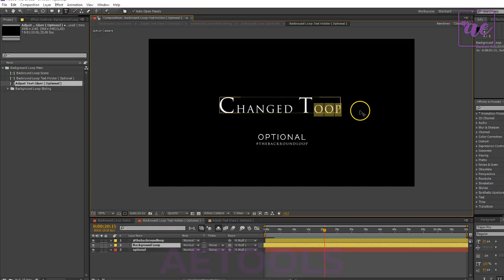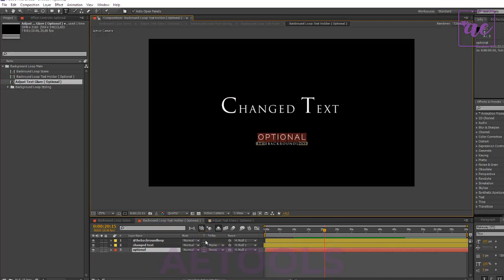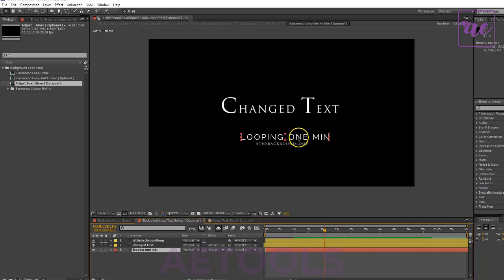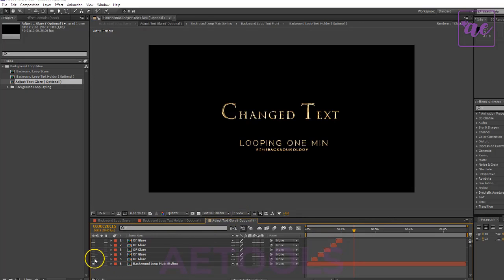As you can see, I'm very easily changing the text, and here, okay, we can make this paragraph like so, and we are fine. Now let's go and check out. As you can see, this will update, and now you can go to your adjust text glare and simply open